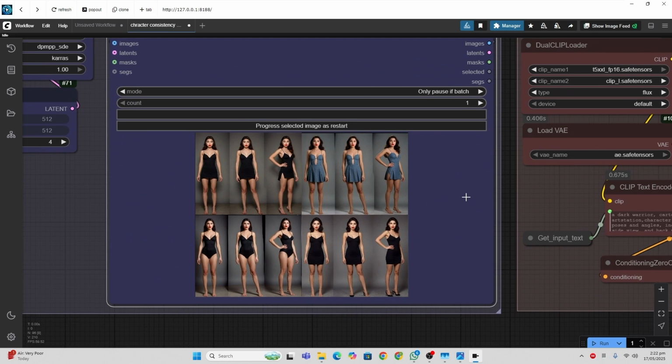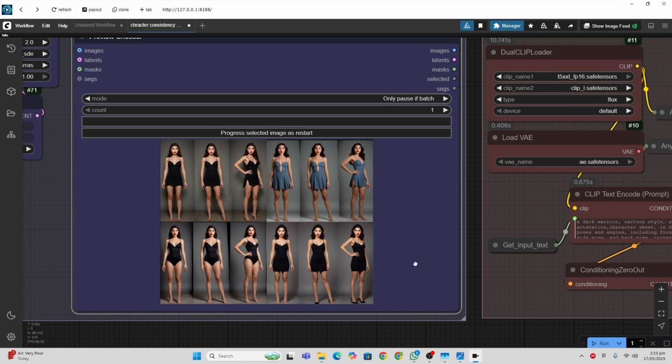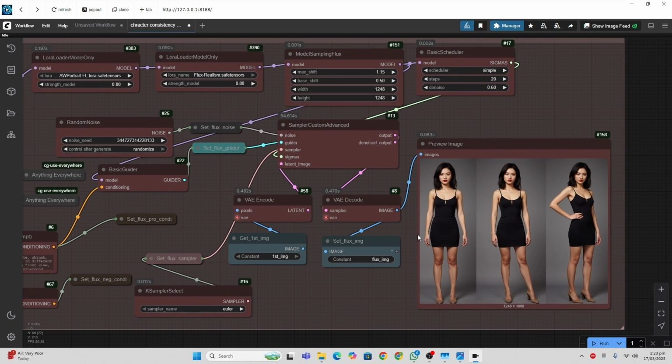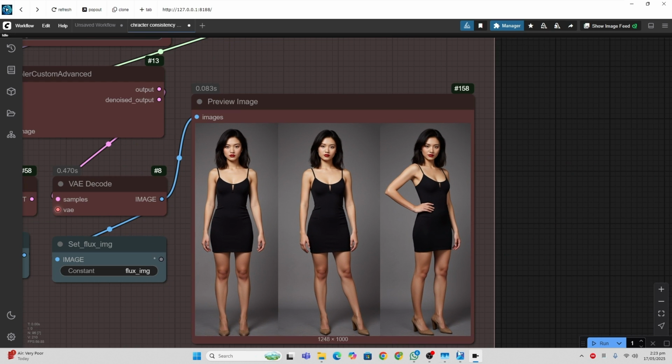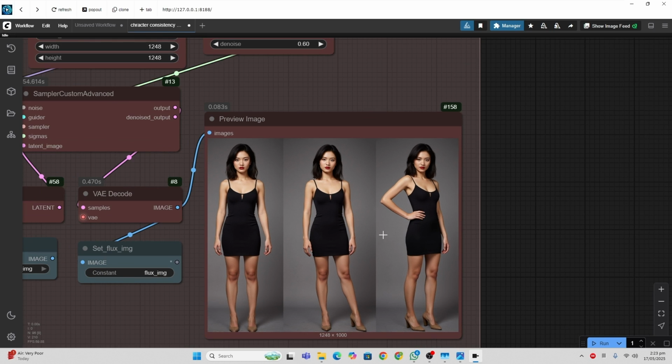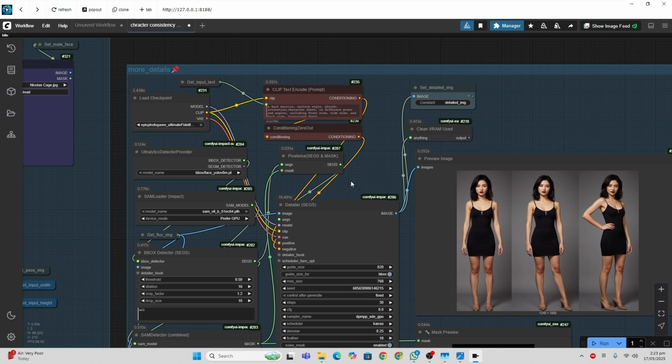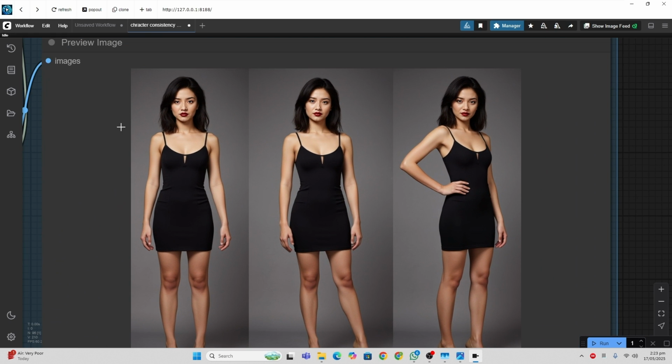Okay, the rendering is finished. So we have selected this fourth one, right? This is our next stage of this workflow. It created the same pose and same body structure, and just regenerated it in good quality. It will go down and add more details to it, and it will be more realistic.